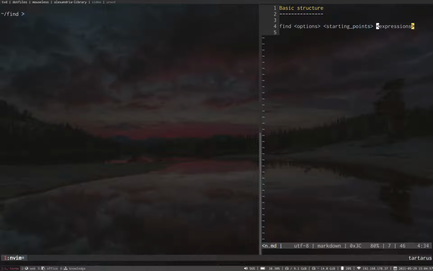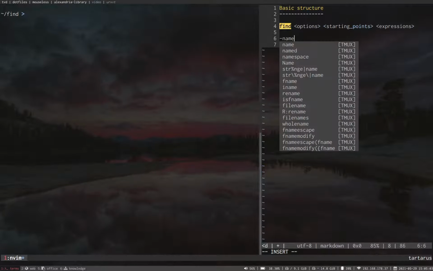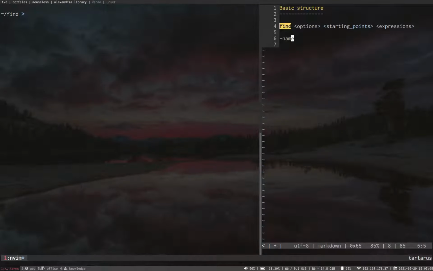So basically the expressions always begin with a minus and then the name of the expression, like name. So it's not really a CLI option. Don't mix them up. It's really a way to do different things. And what are those different things? An expression can